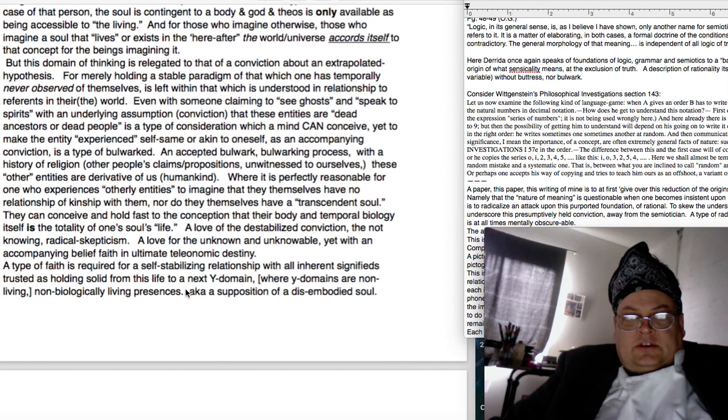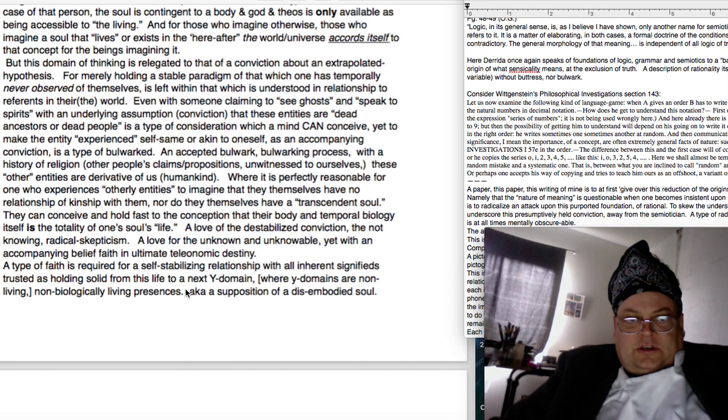Even with someone claiming to see ghosts and speak to spirits with an underlying assumption, conviction, that these entities are dead ancestors or dead people, is a type of consideration which a mind can conceive. Yet to make the entity experienced, self-same, or akin to oneself, as an accompanying conviction, is a type of bulwarked, an accepted bulwarking process. The history of religion, other people's claims, propositions unwitnessed to ourselves, these other entities are derivative